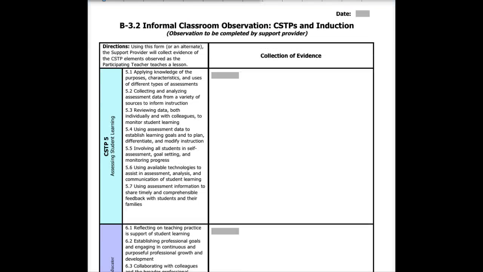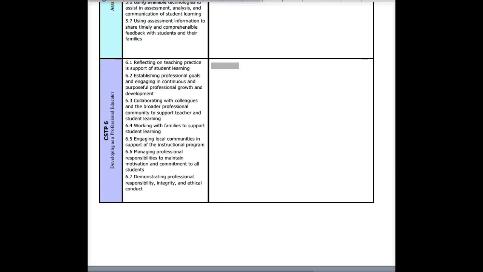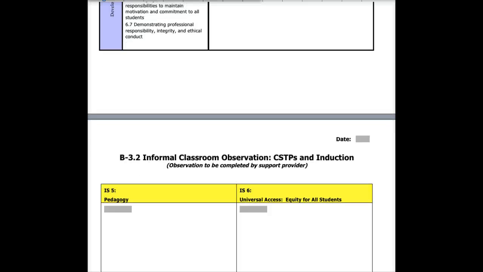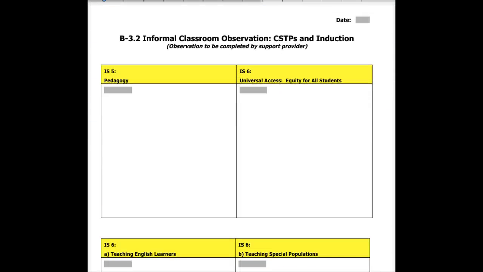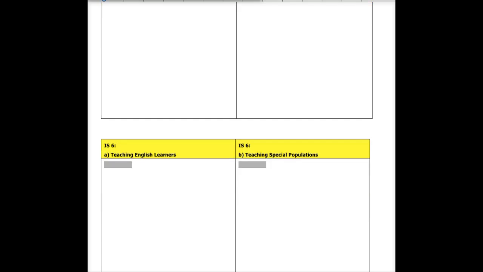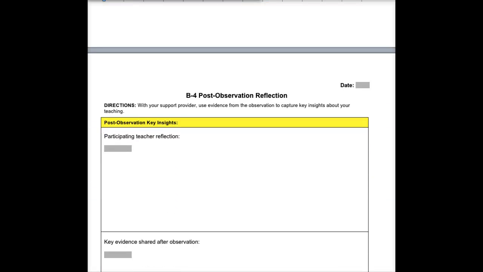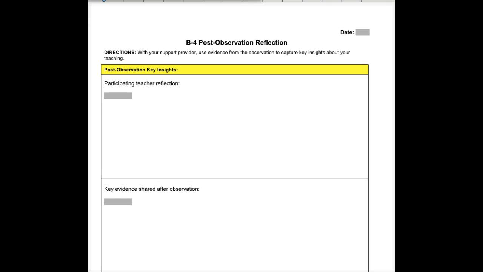So hopefully, this is our opportunity to really review what are the conversations we want or need to have with our support providers. Because observations will come up again in the inquiries, we want to take note, are we looking at summaries by our support providers, or are we looking at clearly documented evidence? Are time frames included? Are we looking at clear evidence provided by our support providers to our participating teachers? Does the information say, yes, the participating teacher shows equity for all students, or is evidence listed demonstrating equity for all students? So this is something that we will mark off as complete on the behalf of the participating teacher, but will provide us with information to help support our support providers as they move forward into the rest of the modules for